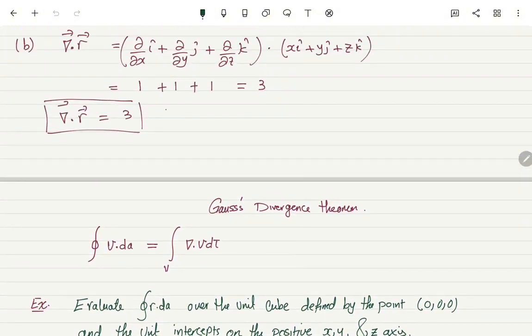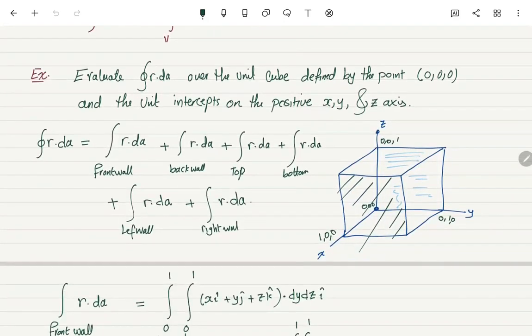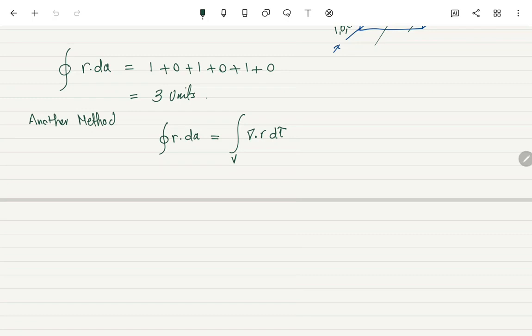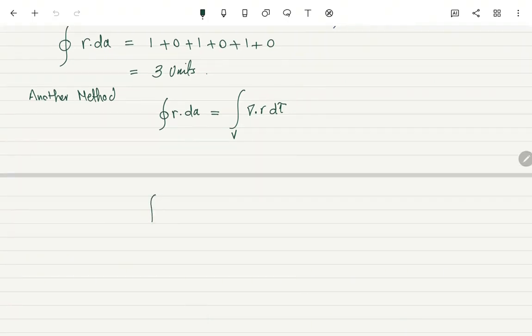So divergence r, it's equal to 3. So integration closed surface r dot d area is actually equal to integration 3d tau,